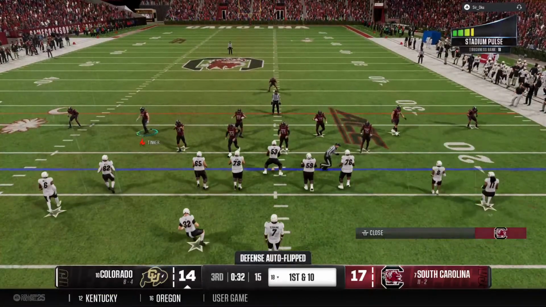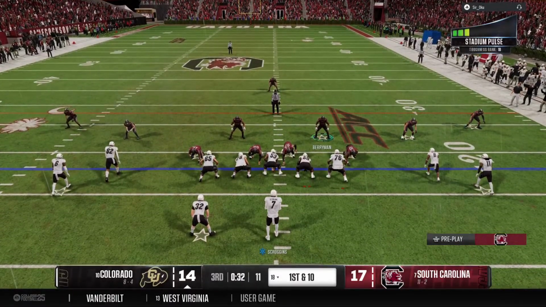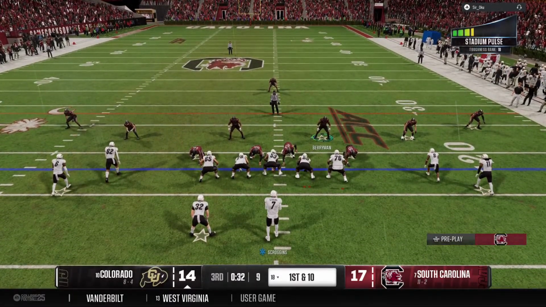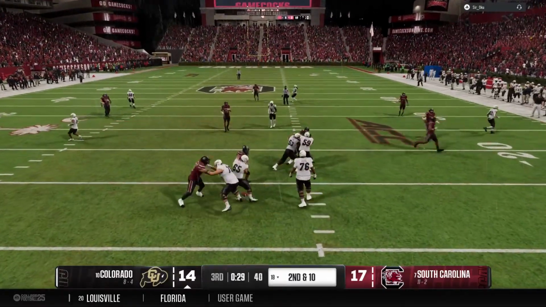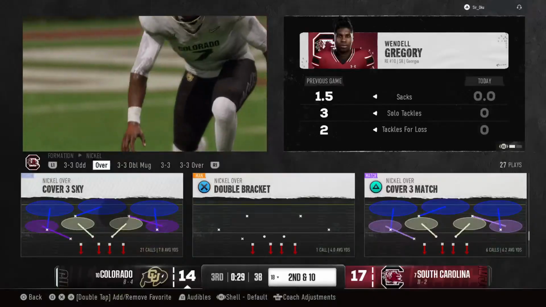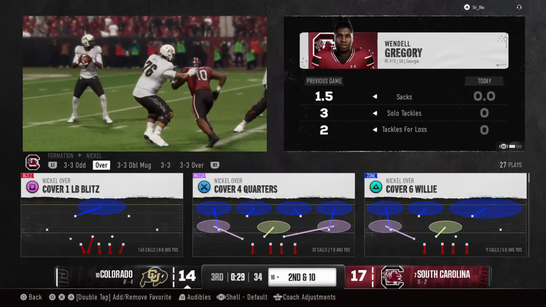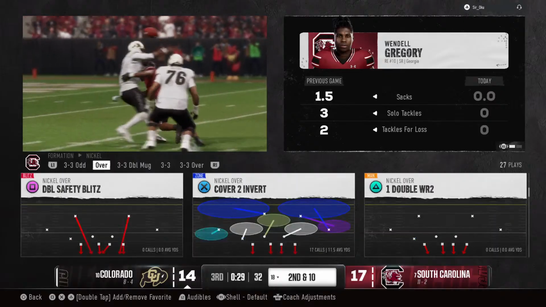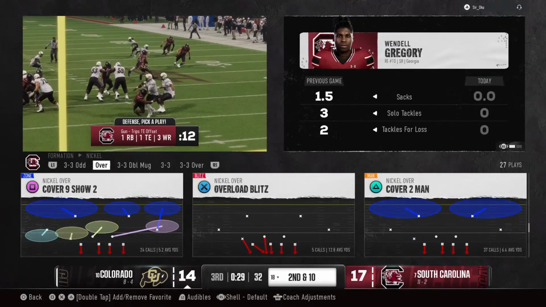And here comes the Colorado offense back out on the field. The last possession ended in an interception. Let's see if they continue to trust this quarterback in the passing game. Pressure is coming. It's incomplete. He was hit as he threw. Good pass rush there on 1st down. Well, it's pretty simple. The defensive line does a great job of getting after the quarterback and forcing him into that incompletion.